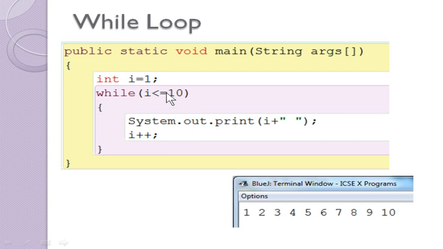It goes on to the condition again, checks whether 2 is lesser than or equal to 10. It is true again, so it goes on printing the output statement. So you can see the output which will be displayed like this. After 10, what happens? After printing 10, it updates the i value, that becomes 11. 11 is not lesser than or equal to 10. Since the condition is false, it comes out of the body of the loop. So here it doesn't have any other statement below the body, so it will stop the program.